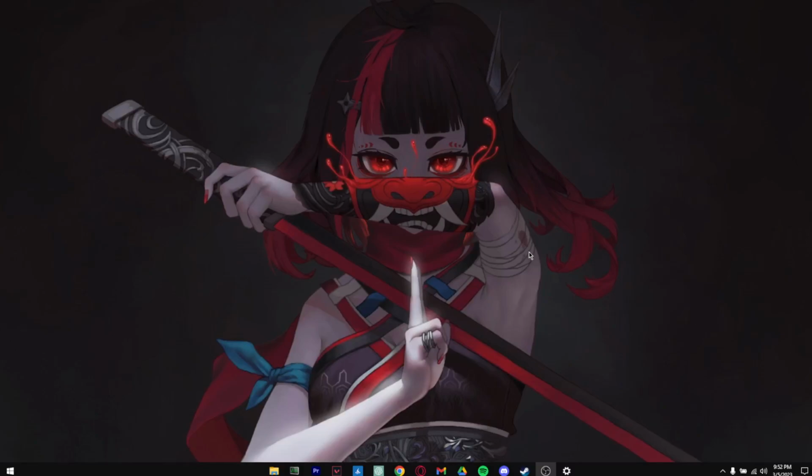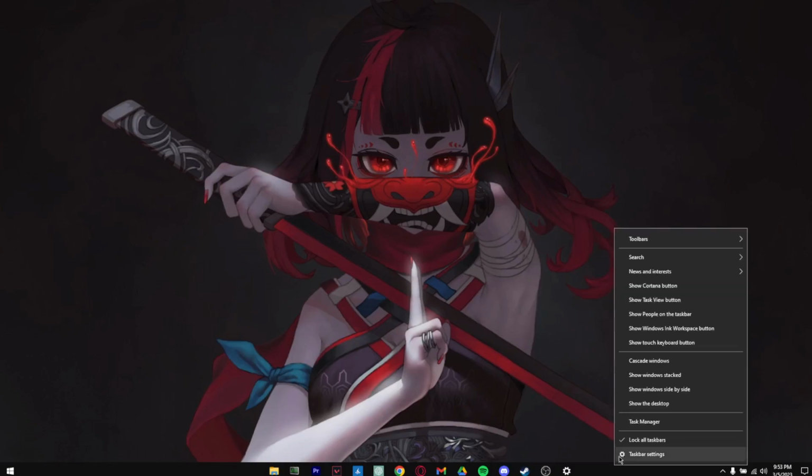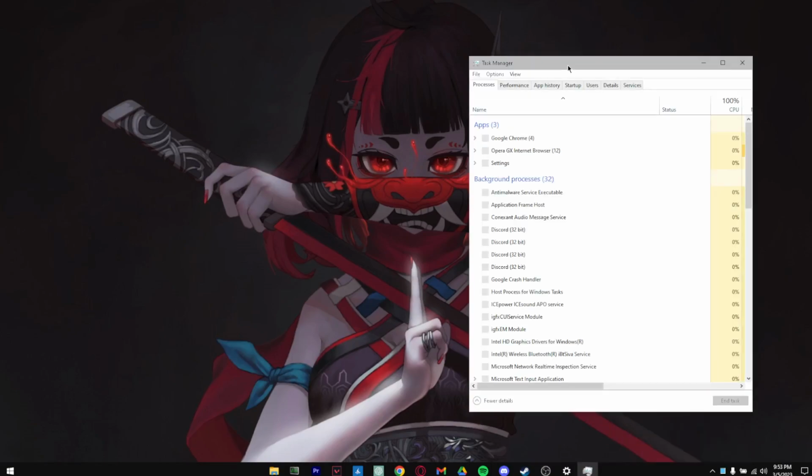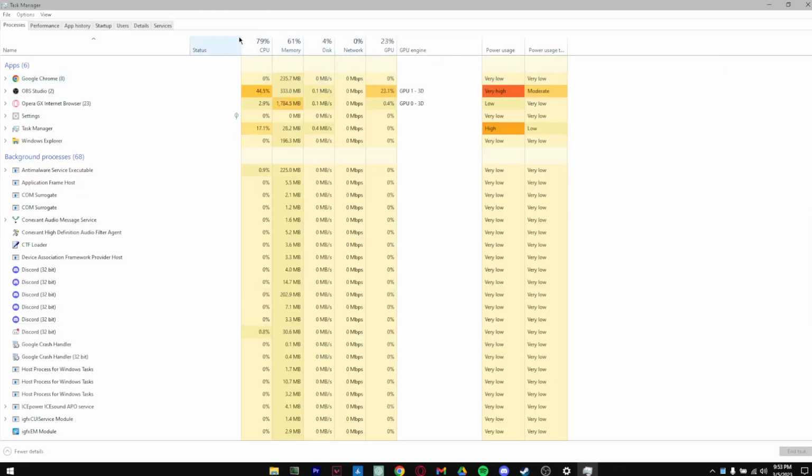Everyone, in this video I'm going to be showing you how you can fix 100% CPU usage on Windows 11. Now this is mainly for all devices. As you can see, if I open up my task manager, I have at the moment 79, 70, 63, 55, 50, around there CPU usage. Now the higher it is, the slower your computer will be, so today I'm going to be teaching you guys